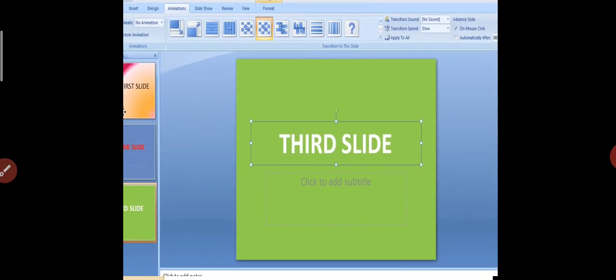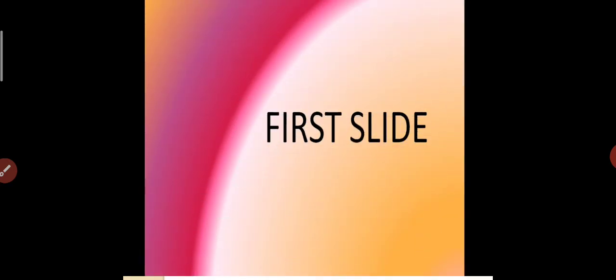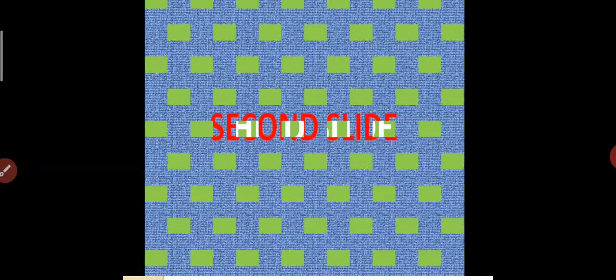So let's see whether the transition effect we have given is coming on the slide or not. How can we see it on the full screen? For that, the option is slide show. Shortcut key is F5. Just before the first slide, one effect comes, that is called the transition effect. Again, just before the second slide, when you click, the transition effect appears. The second slide also came, and the third one also. We have given apply to all, that is why the same transition effect comes to all three slides.